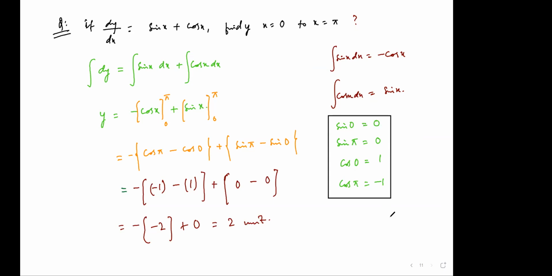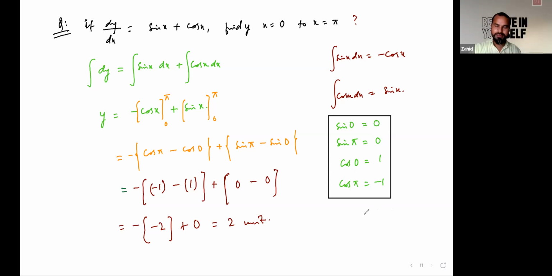Okay. So you just finished integral part, or how to solve definite integral and how to solve indefinite integral. Just try to practice more and more problems so that you may be able to solve any of the problems related like this. I'm giving you some tips regarding solving problems in physics.